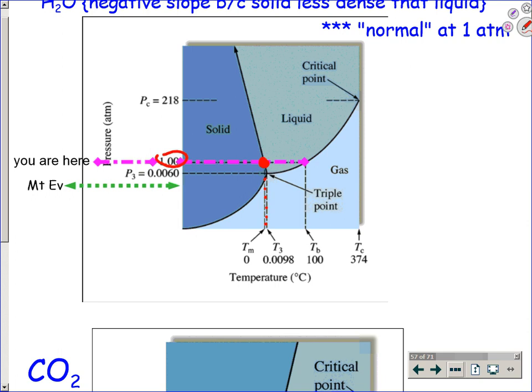And then as you transition to boiling, you're going from liquid to gas. So the intersection between 1.00 atmospheres and the line separating liquid and gas, that would be your boiling point. So if I was on Mount McKinley,